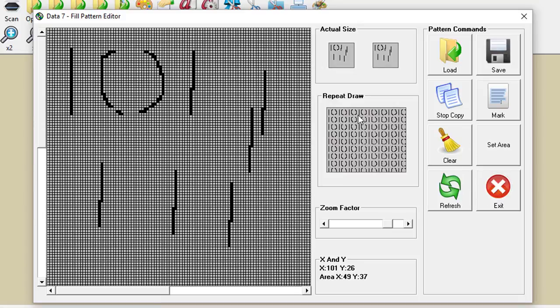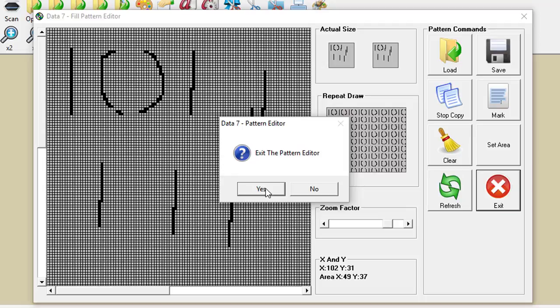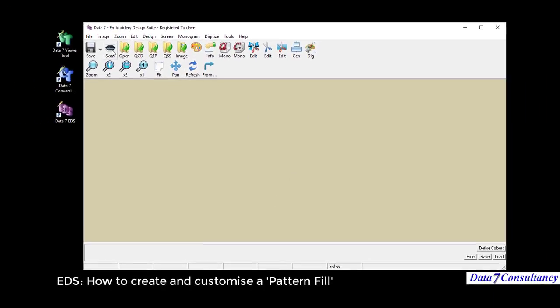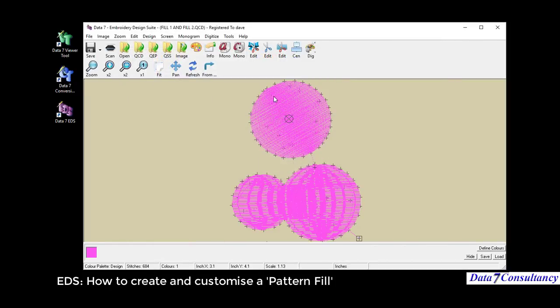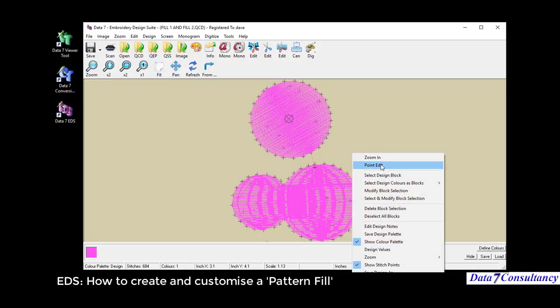So I'm just going to be using this pattern here, the 1 and the 0, for my demonstration purposes. So I'm going to exit. I'm going to open up one of the designs I've used in multiple videos, which is basically a couple of fills, complex and simple fills laid out with a pattern fill already inserted, and I'm going to go into point edit